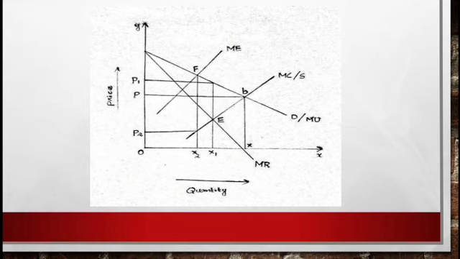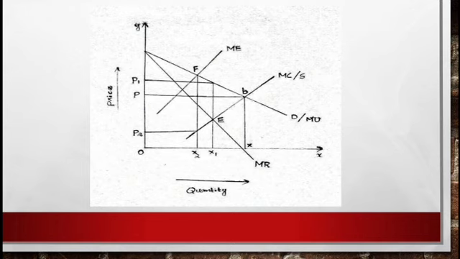Now we can see the equilibrium point of the monopsonist. At the point F, the monopsonist will reach equilibrium as the ME curve cuts the demand curve. Then we can draw a straight line from F to the x-axis. Now that line touches the MC or supply curve at a point. So we can draw another line to the y-axis and mark it as P2. Then the monopsonist will fix OP2, which is the lowest price that he is willing to pay for the OX2 amount of commodity.